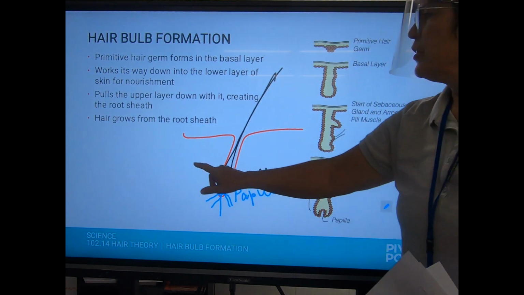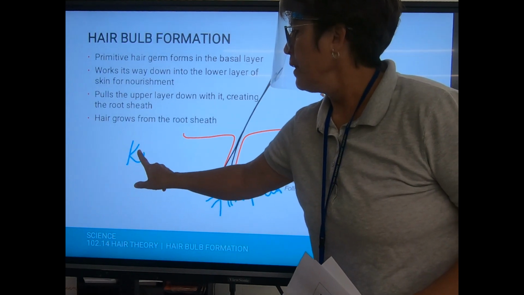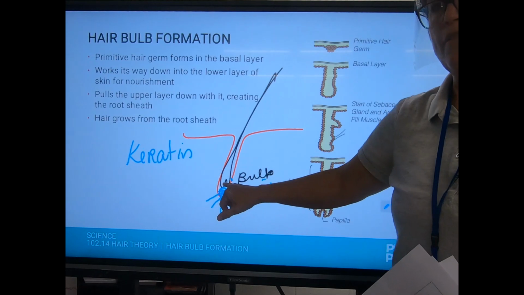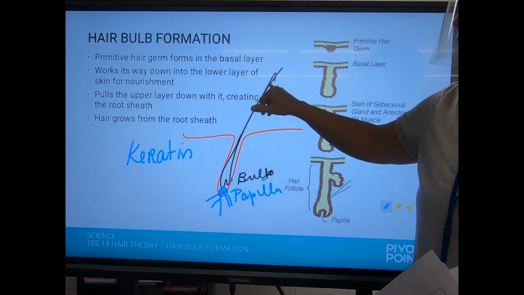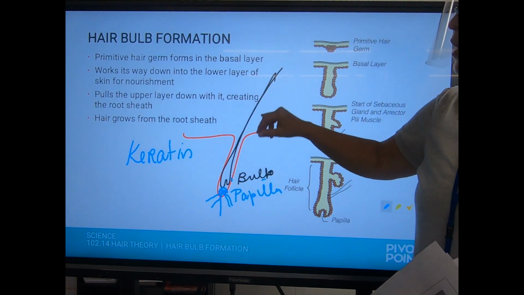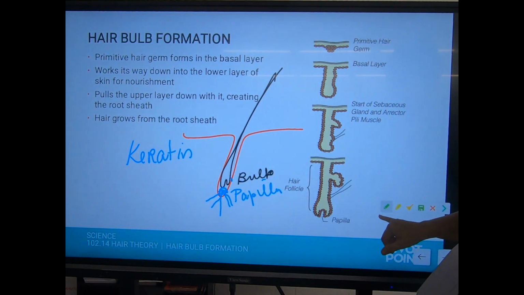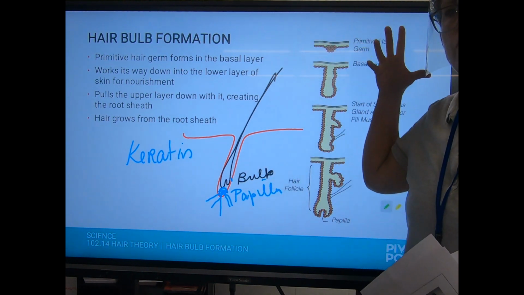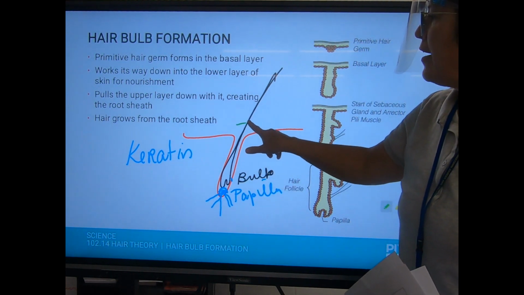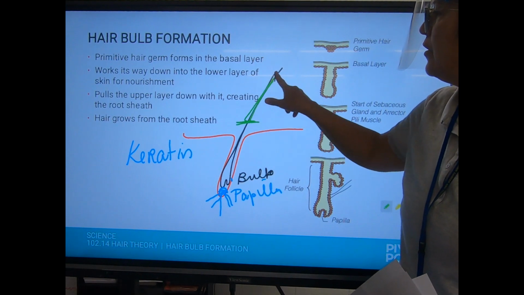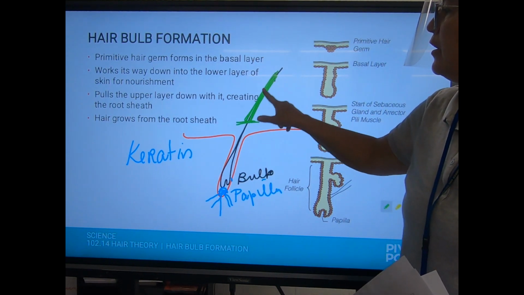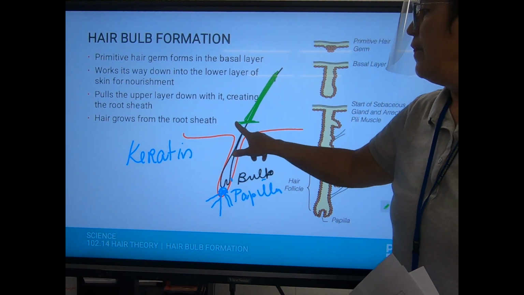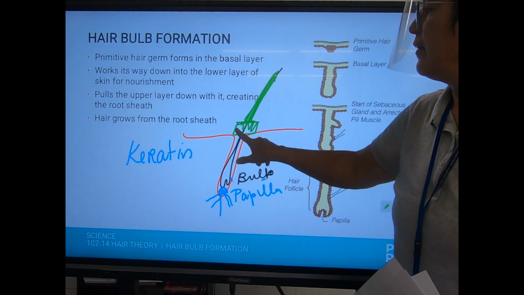Now remember, hair is created of keratin. So when keratin is first created down here, it's very soft. As it moves up the hair strand, it hardens. But when we go to get our hair done, if we get our hair lightened, if I go totally blonde, remember, I have to keep the lightener up here and give this a head start. After it turns blonde, then I can apply the lightener down here.